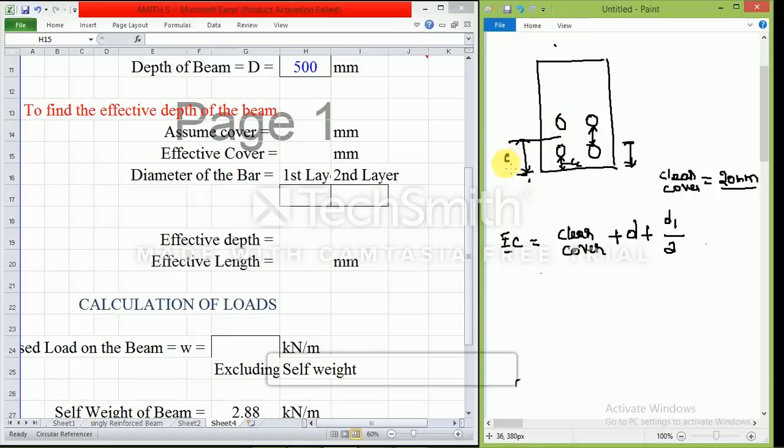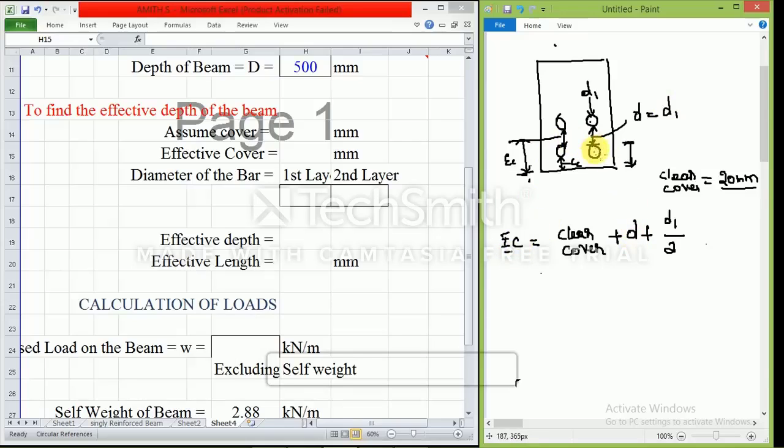I need to take up to here for this effective cover, between these two. How will I find it? This distance I am assuming is equal to the dia of this bar. I'll just take it as d1. This d1 is the dia of the bar. By that I'll get the effective cover.